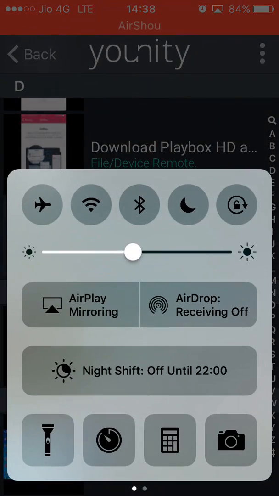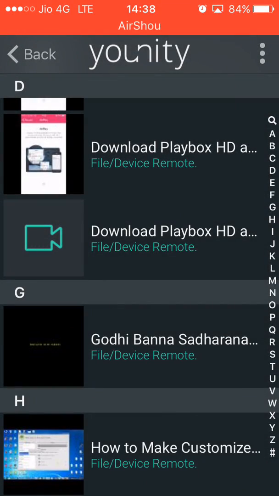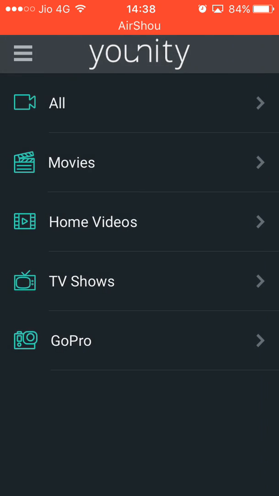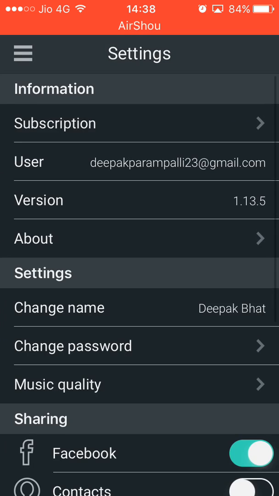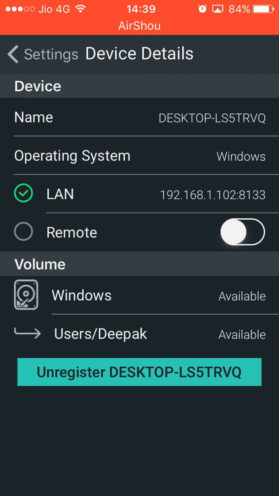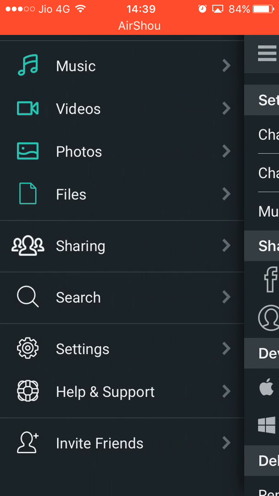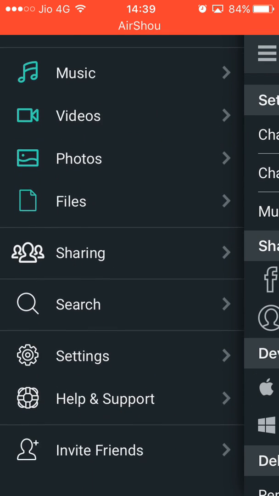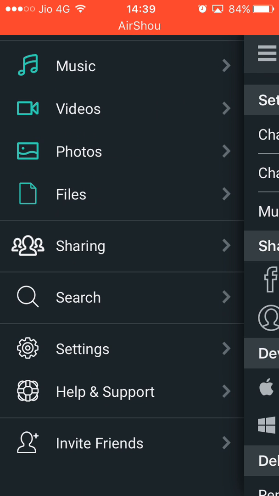When I connect to my home network and go to settings, as you can see, now it's a right mark. That means my iDevice and my personal computer are on the same network.